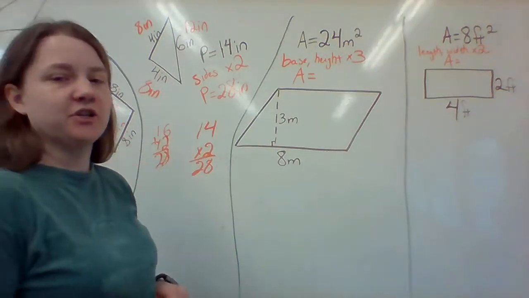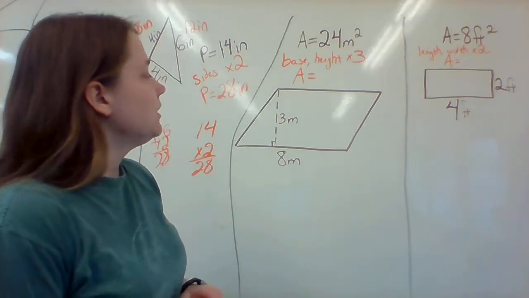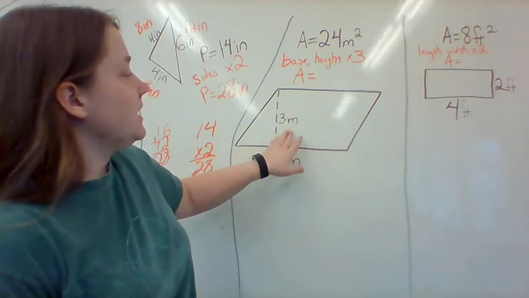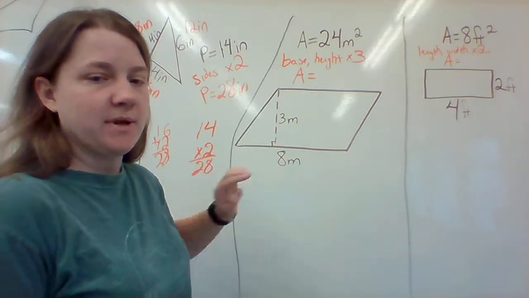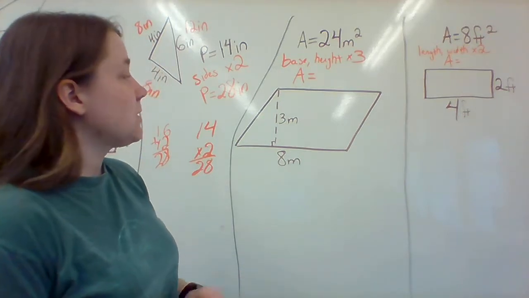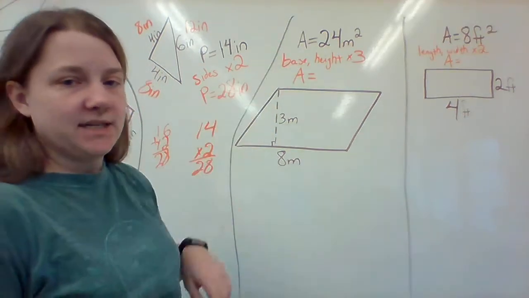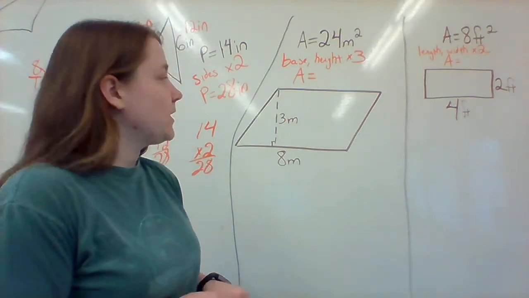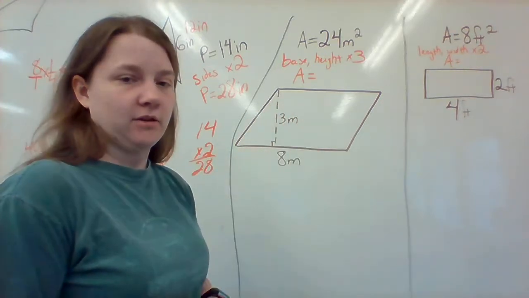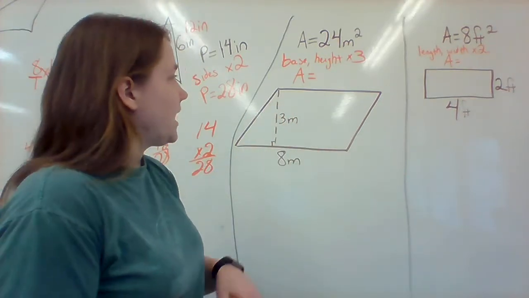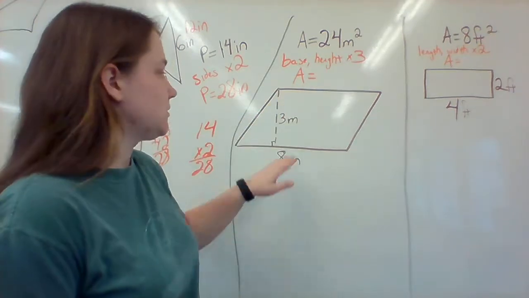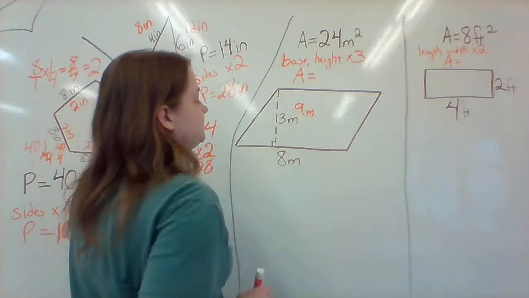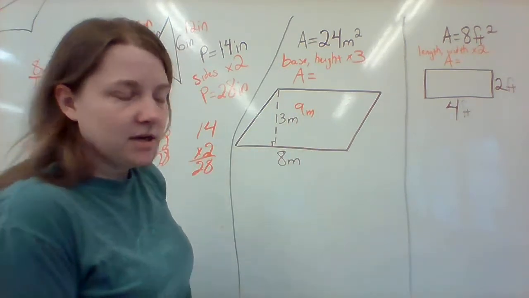Let's go ahead and take a look at changing the area now. We're going to take a look at a parallelogram. This parallelogram has a height of 3 meters and a base of 8 meters, which means when we find the area using the formula base times height, 3 times 8 is going to be 24. What happens if I want to change the dimensions of this parallelogram by 3? What happens if I multiply the base and the height times 3? So the height times 3 will end up being 9 meters,